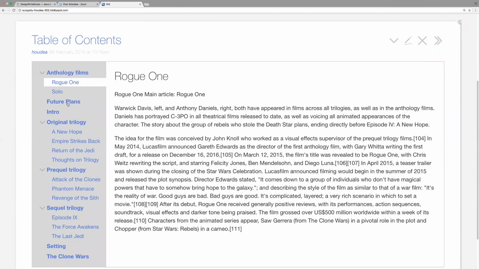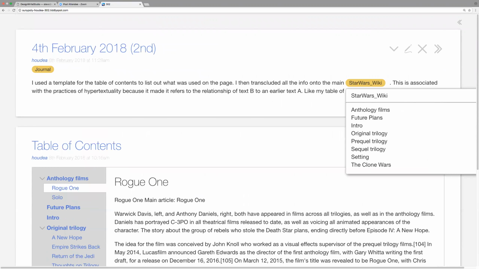Okay. Now, as a reader, the navigation is pretty straightforward. How about if you want to edit this? How do you edit one of those tiddlers? Well, you could go to the Star Wars Wiki tab, go here, and then you can go to any one of these. So you have to navigate to it, right?